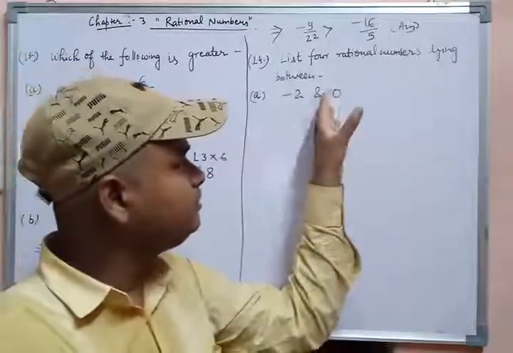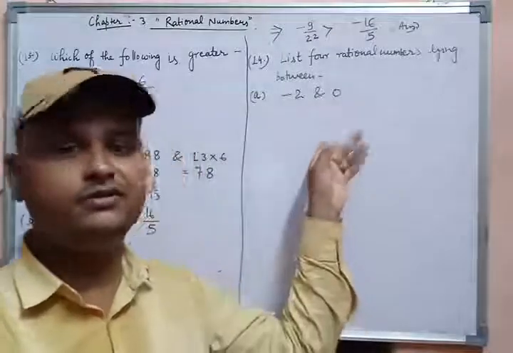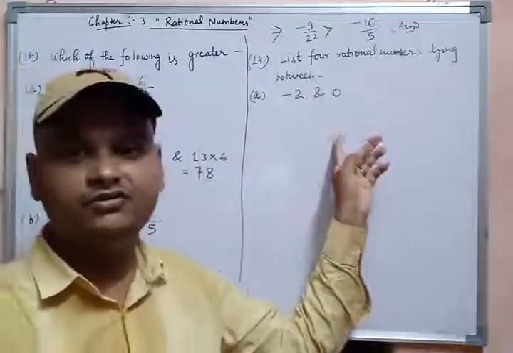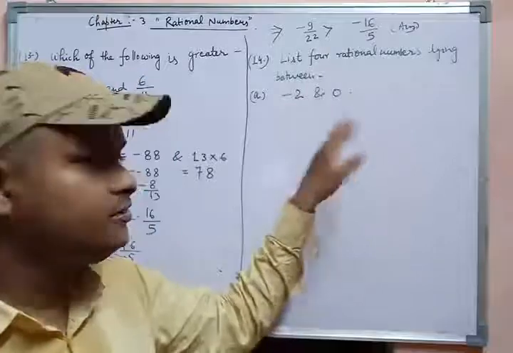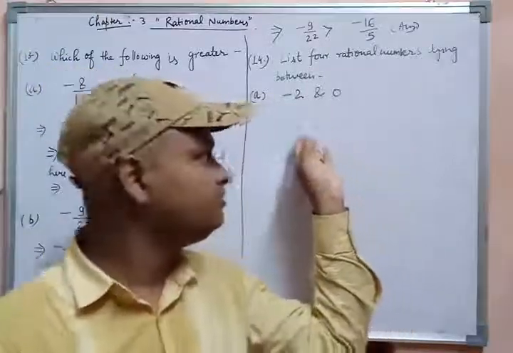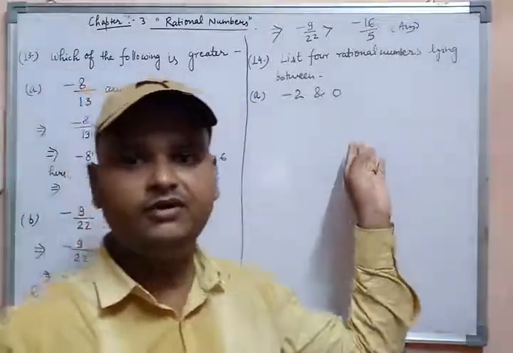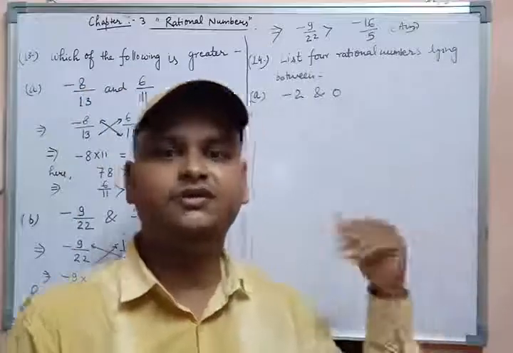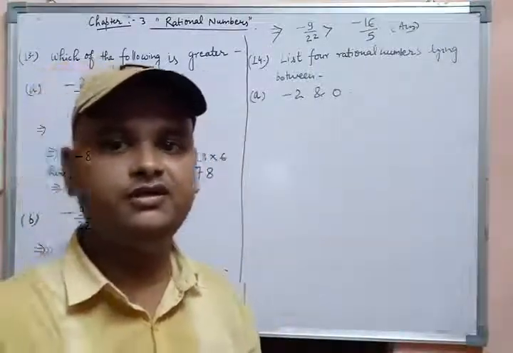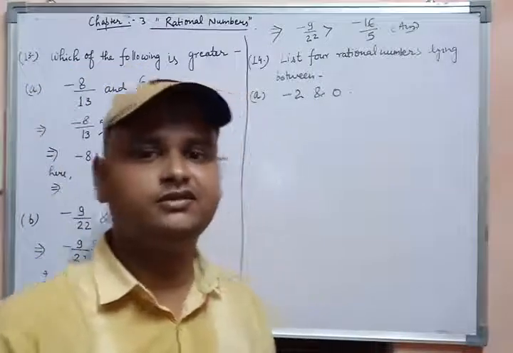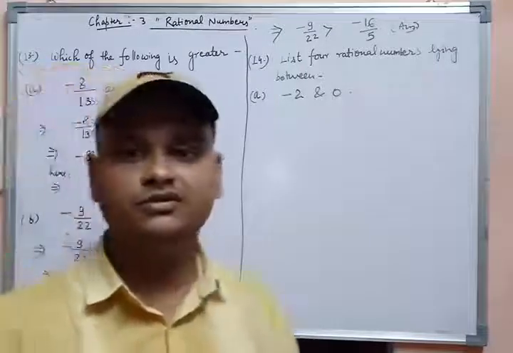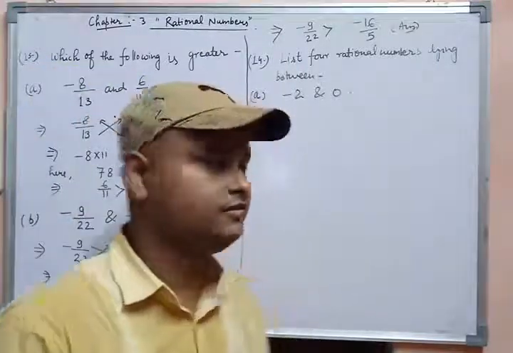If you want to write only 4 rational numbers between these two rational numbers, we are introducing this method. The name of the method is the mean method, or you can say this method is also named the average method. Okay,